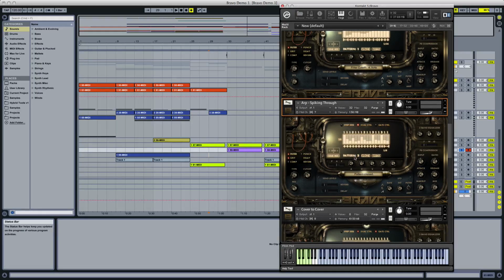It's worth also noting that whatever pattern you're on is universal. So if you change to pattern 2 in the dual control, the step sequencer will also change. We decided it was better to do it this way because sometimes you would change to pattern 2, but the step sequencer, for example, is still on pattern 1. And then you end up with this kind of conflict going between the two. And there was no easy way in key switches to make